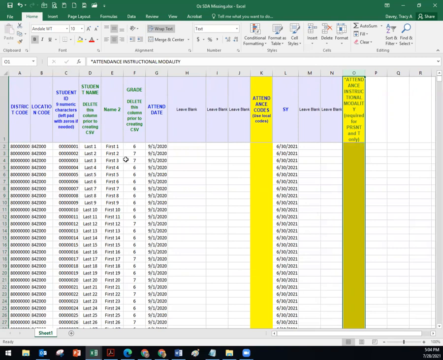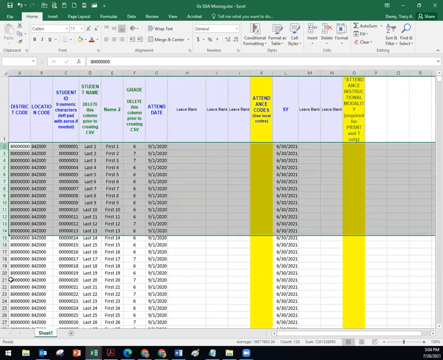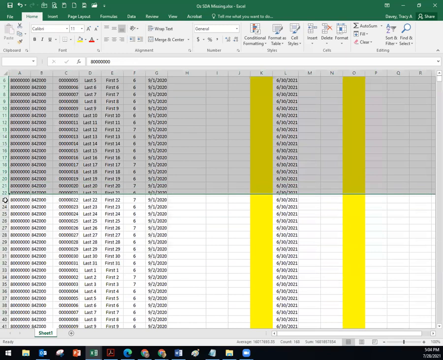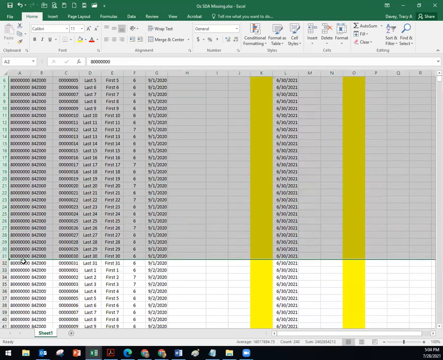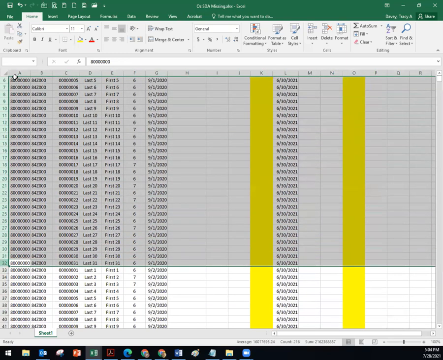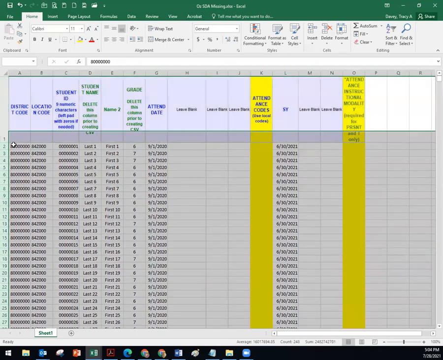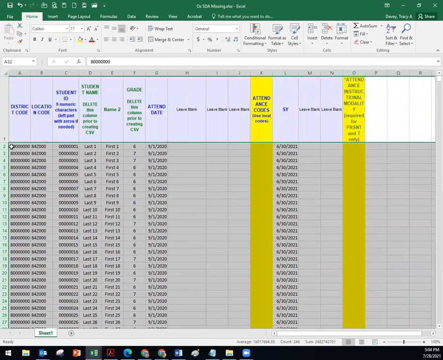So if you happen to know that in the 2021 school year, back in September, everyone at your school was remote, this is going to be pretty easy. Actually, let's look at this. We have, I think it's 31 kiddos missing an attendance record on that day. You have multiple students in your building, and you realize that you were very careful to report all of the students who are at your school for the full year, and